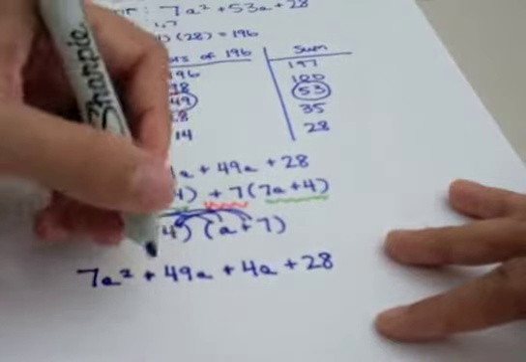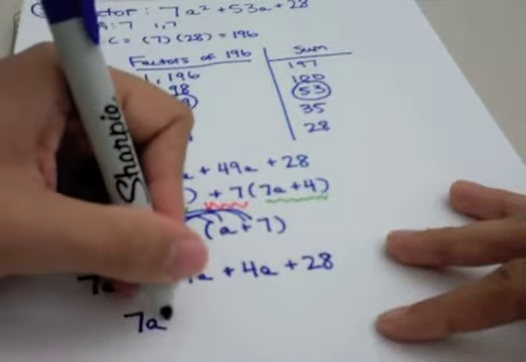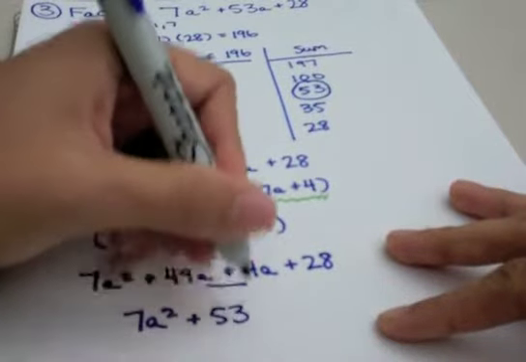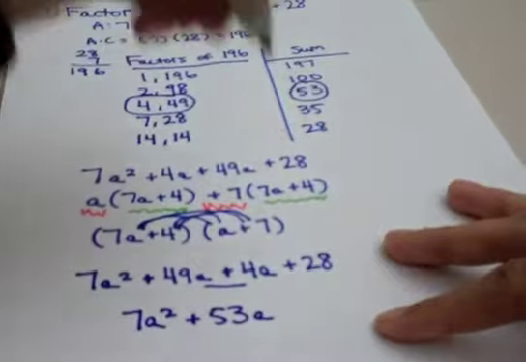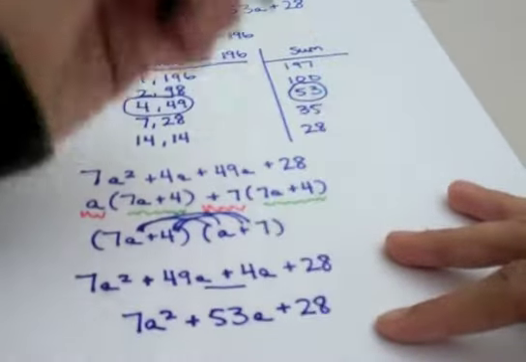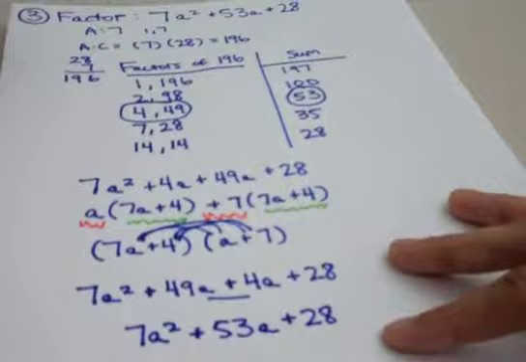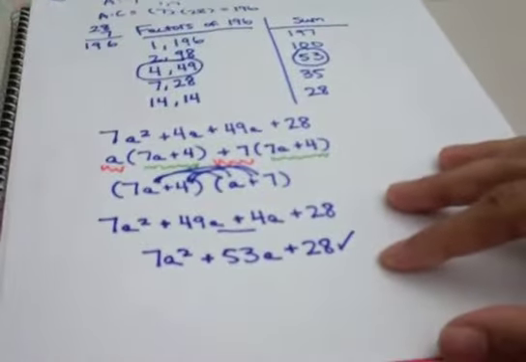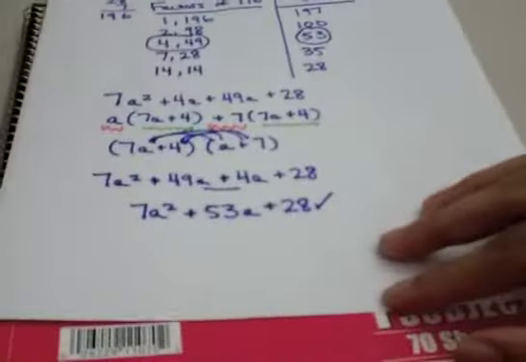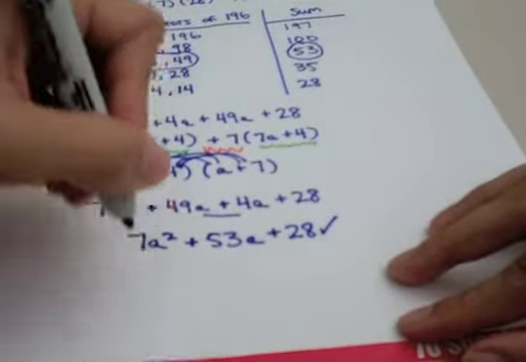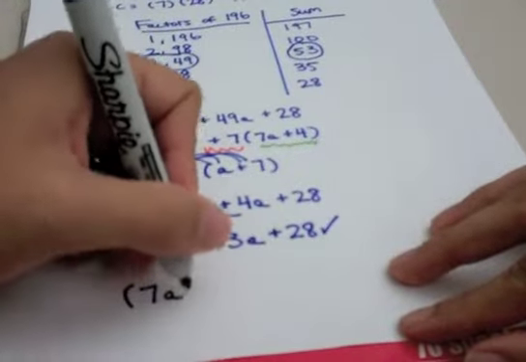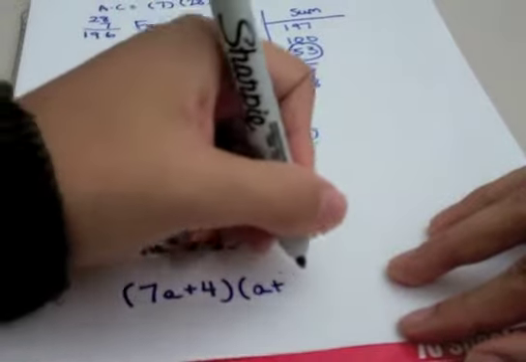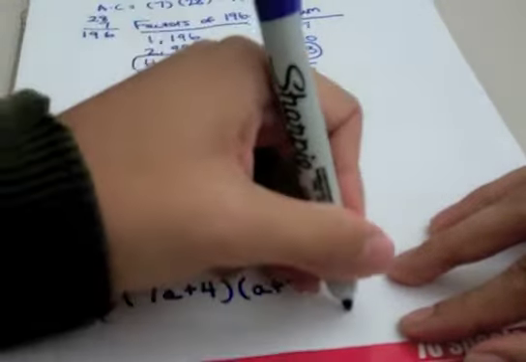We'll combine our like terms. This is 7a squared still. These combine to get 53a. And the 28 just comes straight down. This is the same as our initial problem, which checks. We can then rewrite our answer as 7a plus 4 and a plus 7, box it,